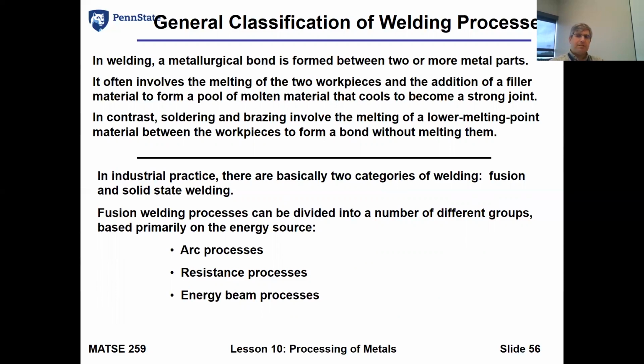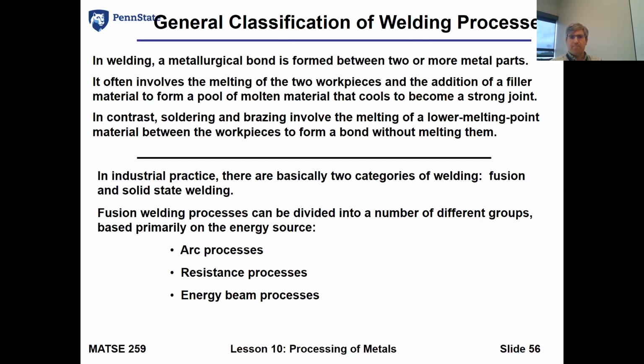As I had mentioned in the introduction to the lesson, if you can't weld it, you can't build it. It's almost as simple as that. And so you need to be able to form a metallurgical bond between two or more metal parts. And typically that's done by melting the two work pieces. You melt a little bit of each work piece, you add a filler metal, you form a molten pool,